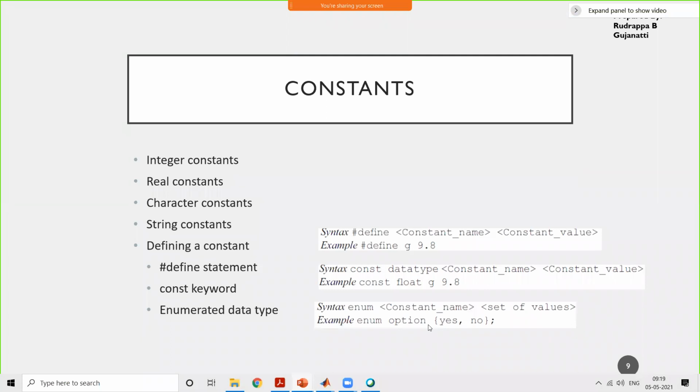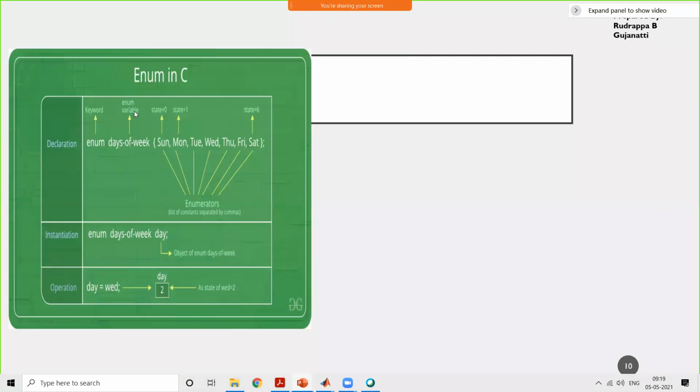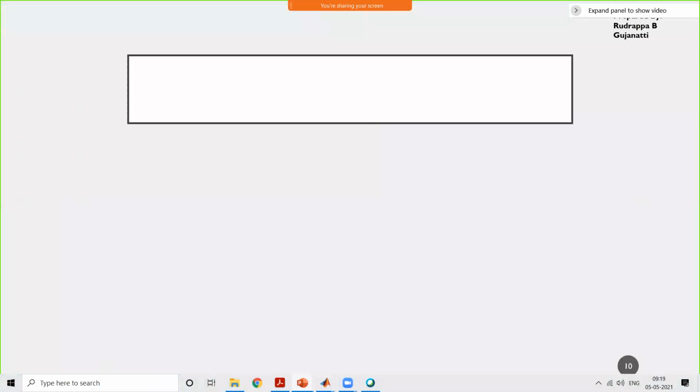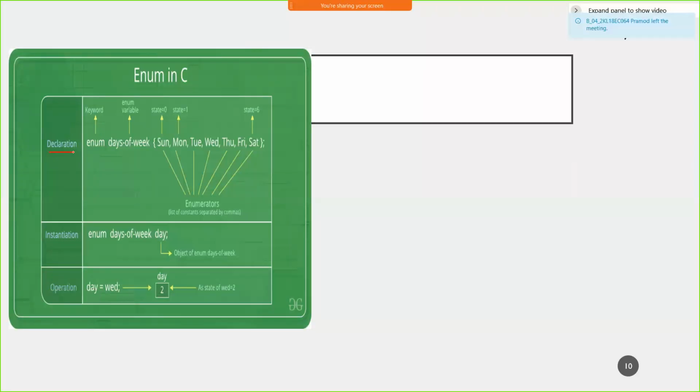Now, how do we go ahead with this? As one example, we can check it out. Here you can observe you have enum, which is declared in C. Here you have the declaration in which you use the enum keyword and then you declare the variable.